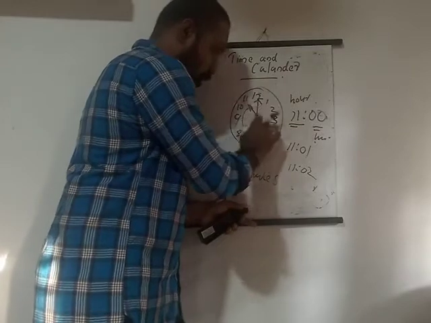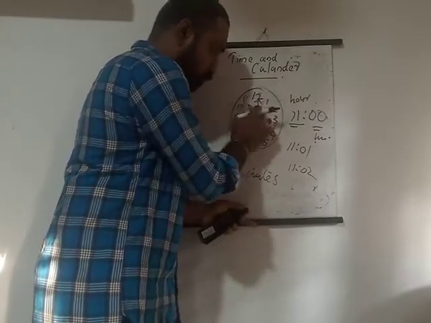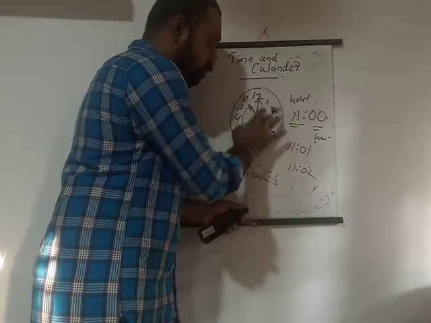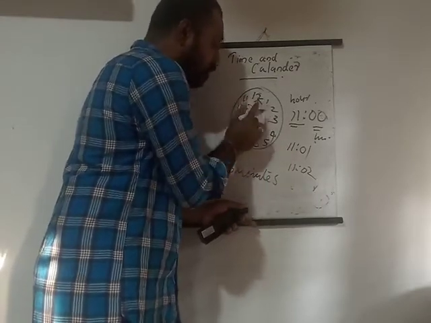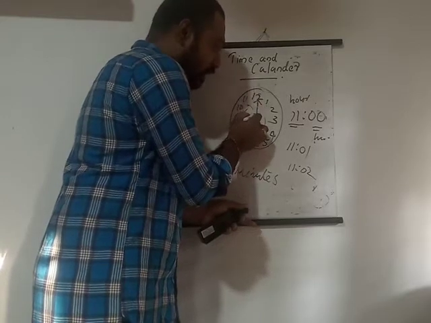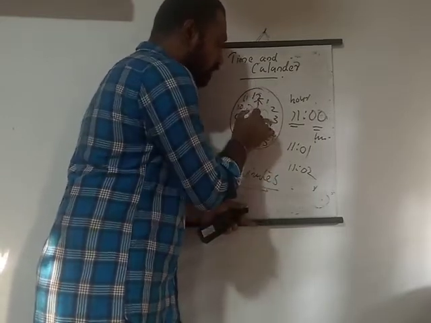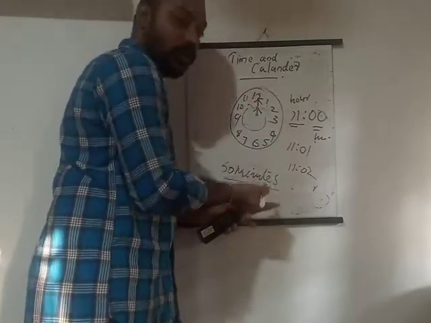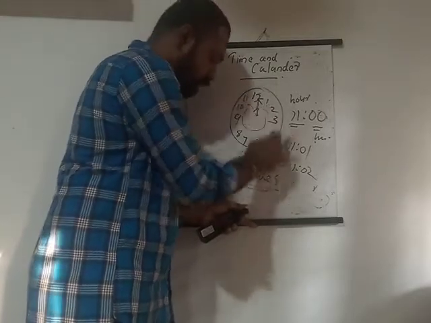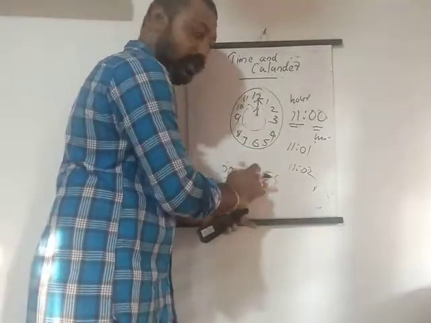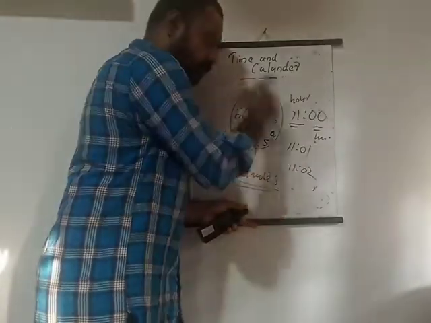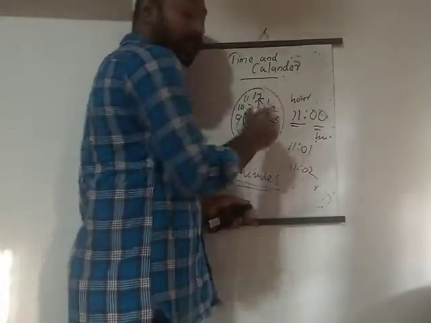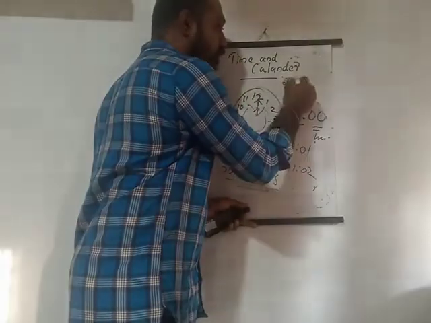That means the minute hand moves 1 minute, 2 minutes, 3 minutes, 4 minutes, 5 minutes, 10 minutes, 15 minutes, 20 minutes. Like that, it will complete one revolution. Then our hour hand is also moving very slowly, and when it completes 60 minutes, our hour hand will be on 12. That means it becomes 12 o'clock. Like that, if it is on 12 o'clock, when it completes 60 minutes, then it becomes 1 o'clock. Understand? 60 minutes make up an hour. Our hour hand moves to the next point. Like that, how many hours are in a day? You know that 24 hours are in a day.